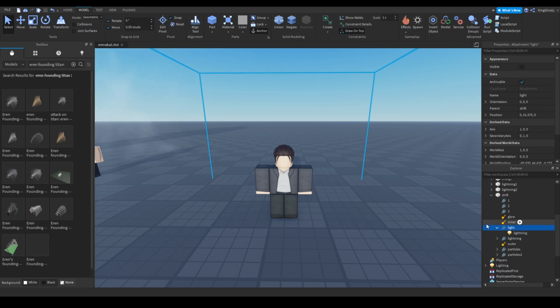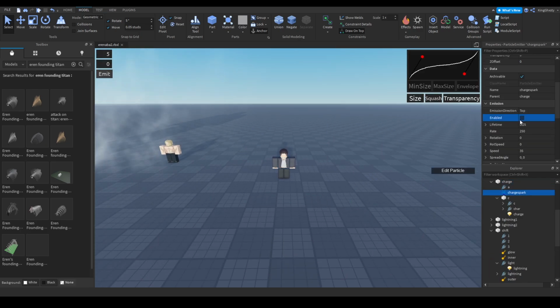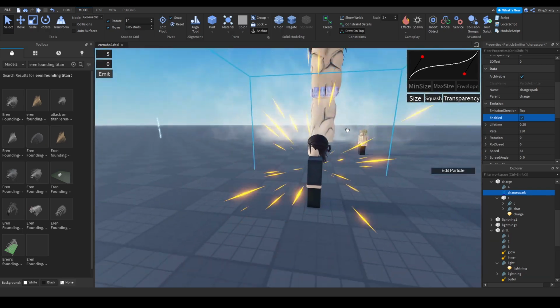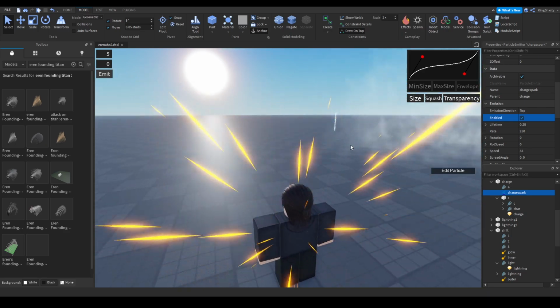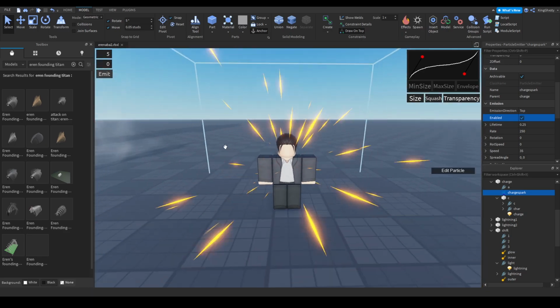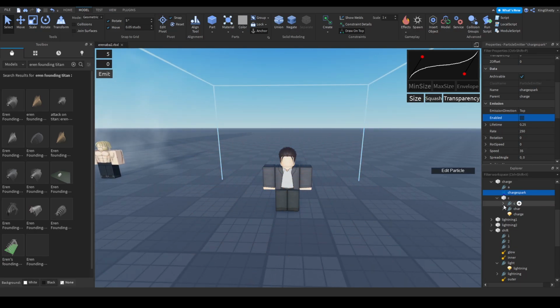So if I can find, actually no, it's this one. So here's the charge effect. So let's see this. This is the actual sparks that come inwards. I'm gonna make a video on how to do particles soon. So just stay tuned for that. The sparks just go inwards, pretty simple. And then